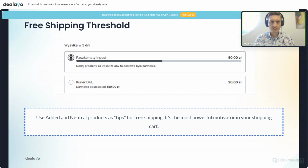And the last thing that helps us to encourage people to do the cross-sell and buy more products is the free shipping threshold. As you can see, in many e-shops, we have several options of free shipping, and it's good to encourage people with the free shipping threshold. So use added or narrow neutral products as tips for the free shipping. It's the most powerful motivator to increase the value of the cart